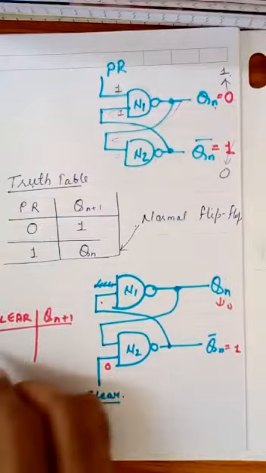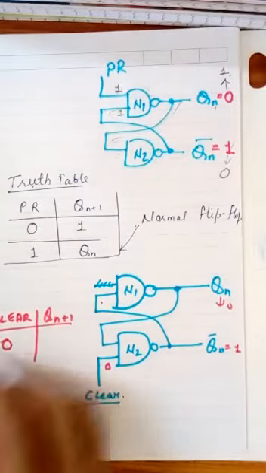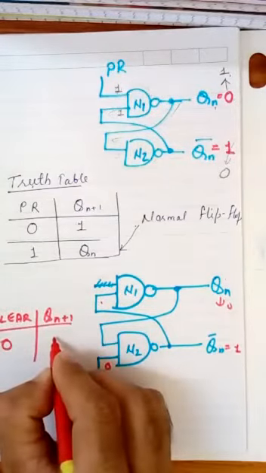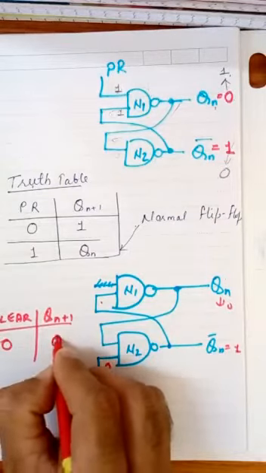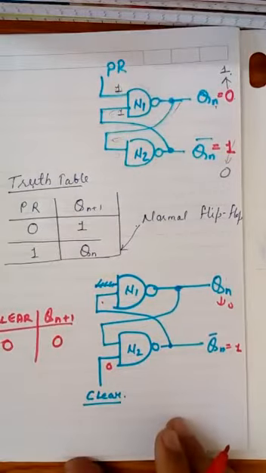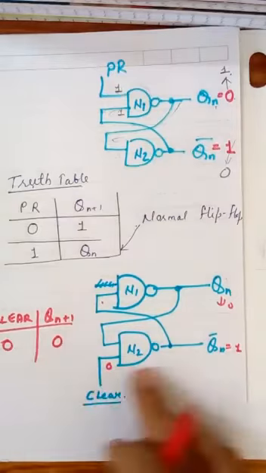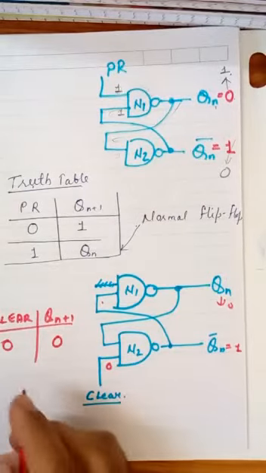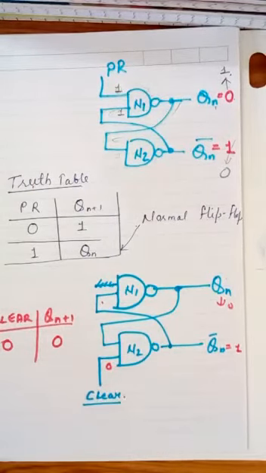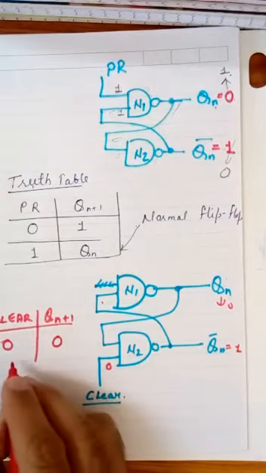It means if this is 0, then output will be 0, and if it is 1,